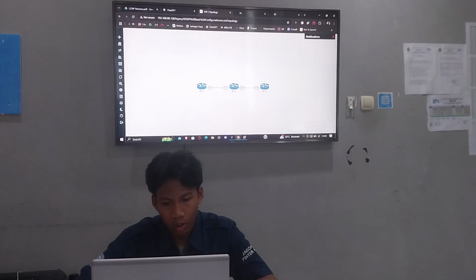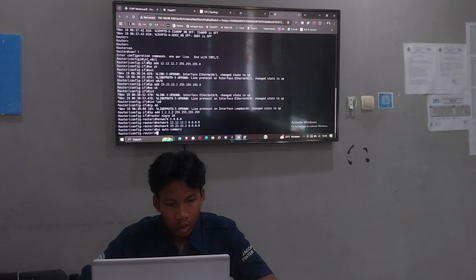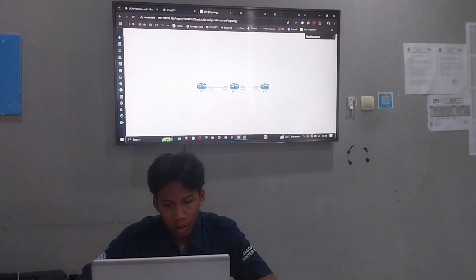We go to router 2, Ethernet 0/1. Okay, as you can see, this is interface Ethernet 0/1, and then the IP 12.2, and then for interface Ethernet 0/0, this is okay.